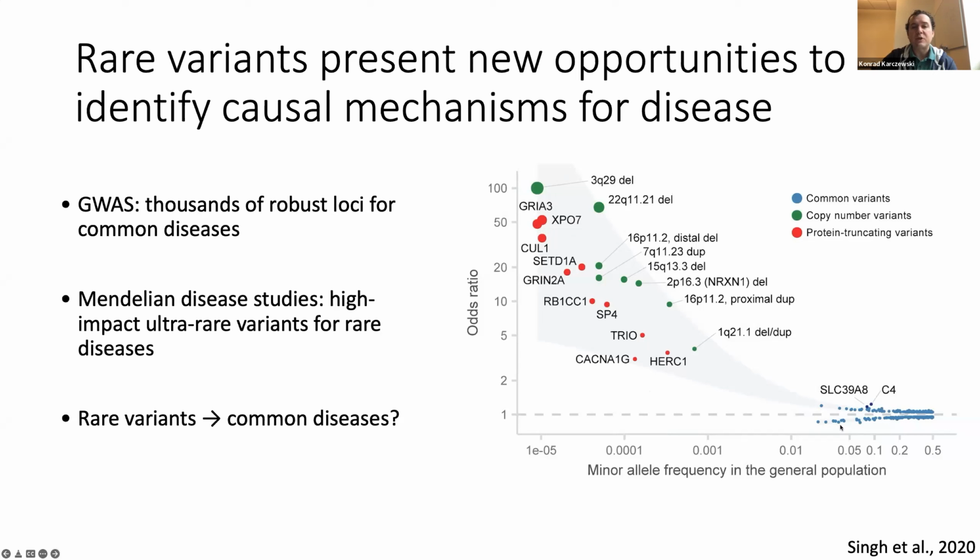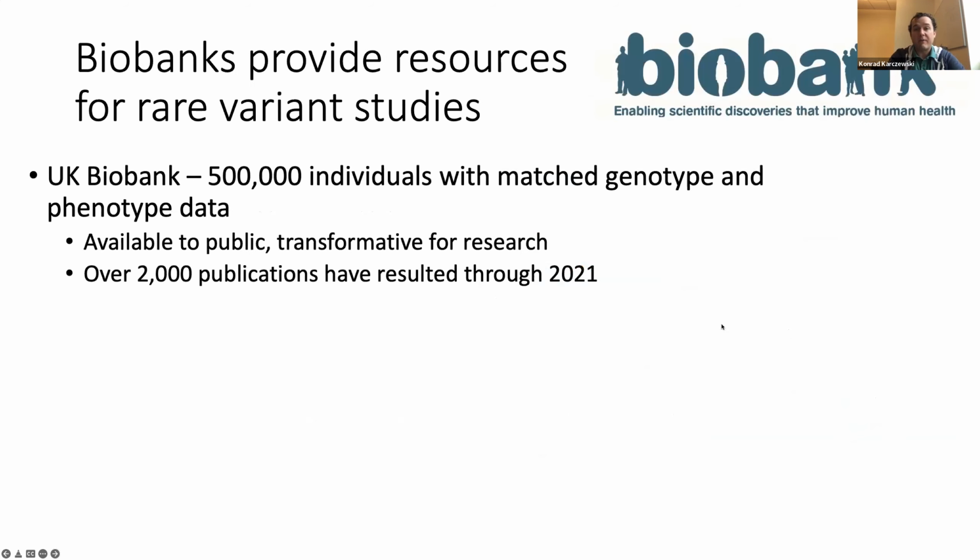It stands to reason that there's a curve here between these variants, that there's probably some intermediate frequency variants, but they are harder to discover because you need much larger sample sizes because their effect sizes are quite a bit lower. And then on top of that, there are probably plenty of variants also in here, but these are extremely hard to discover because they're both rare and have a relatively small effect size. So we now have even more opportunities to explore these types of questions in large biobanks. This was an example of schizophrenia, but we'd love to do this for a lot of phenotypes as well.